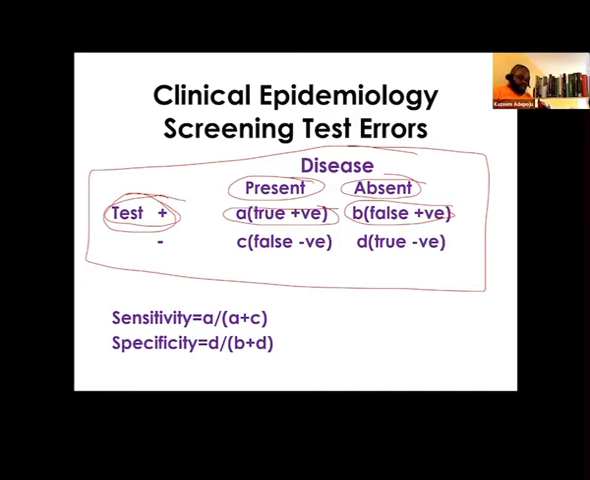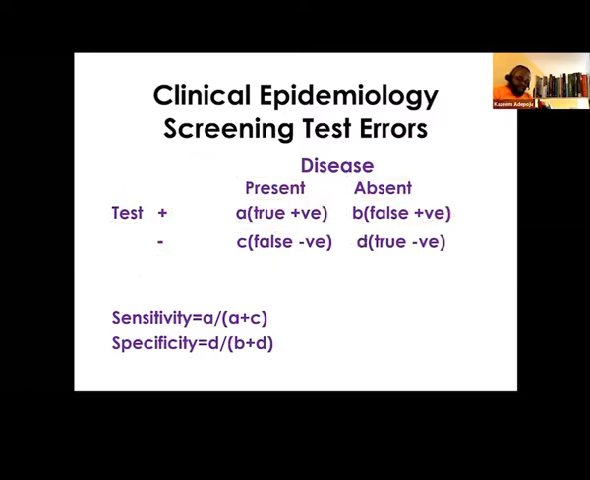If the disease is present, but the patient tests negative, that's a false negative. We're going to refer to that as C. And lastly, the disease is absent, and the patient tests negative. That's a true negative. Now, when you take a look at this one here,